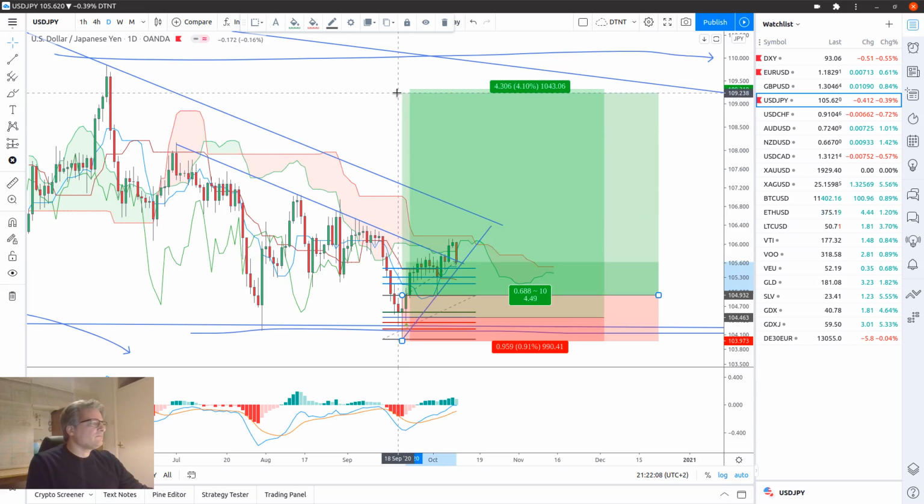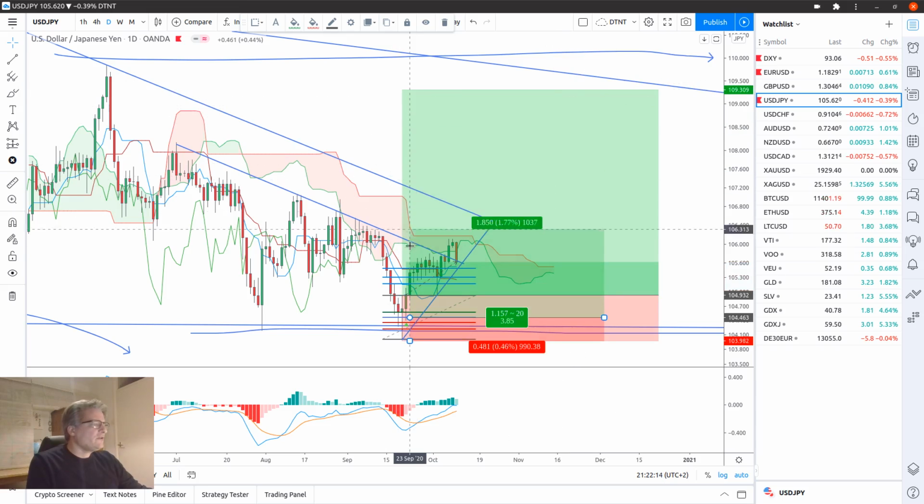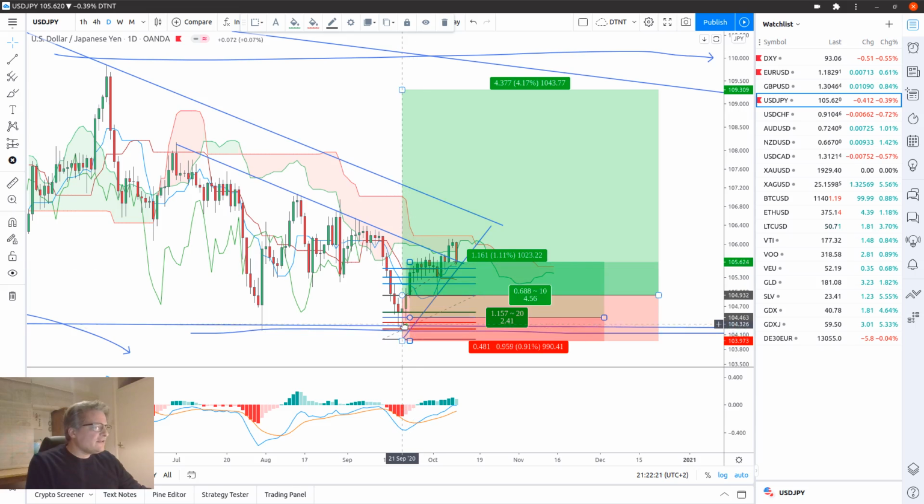But if it, let me see, do I have the correct one? No, that's not the correct one. I need the inner one. So this one is already up 1 to 2.4. So that's the one that got in at this level right here at the retrace. So I placed 2 orders here, one at the break of this pin bar and one at the 50% retrace,